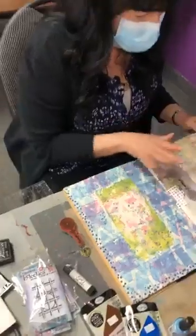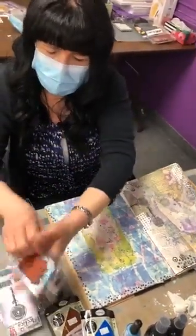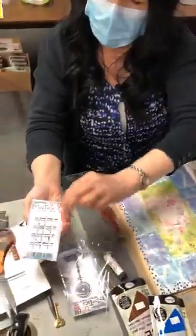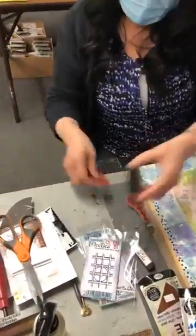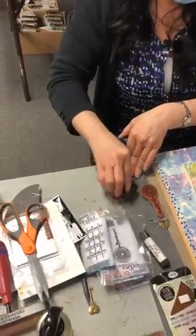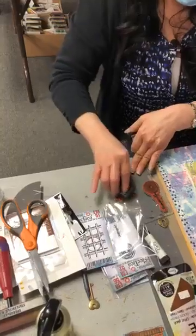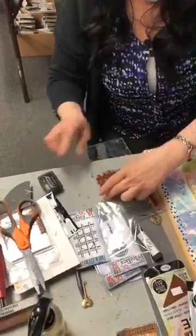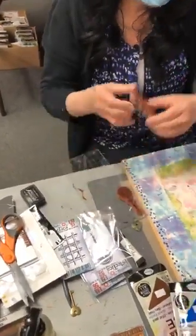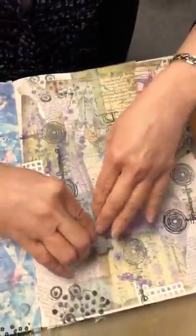All right, so we have a little bit of the black ink. I still want a bit more over here. I think I'm going to go with this grid, number 51. I'm going to take just a little bit, and I'm not even going to use the acrylic block except to put the ink on. And I think I'm just going to put little nuances around. Okay, so I'm going to just kind of like that,